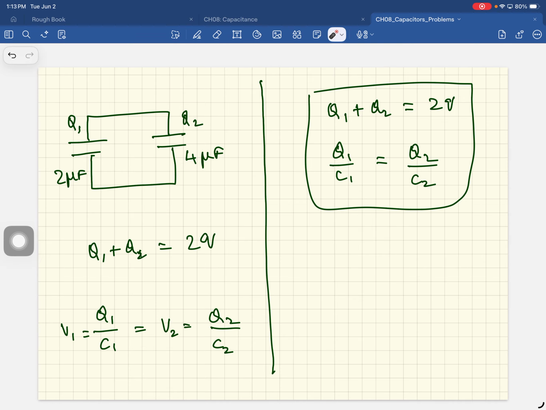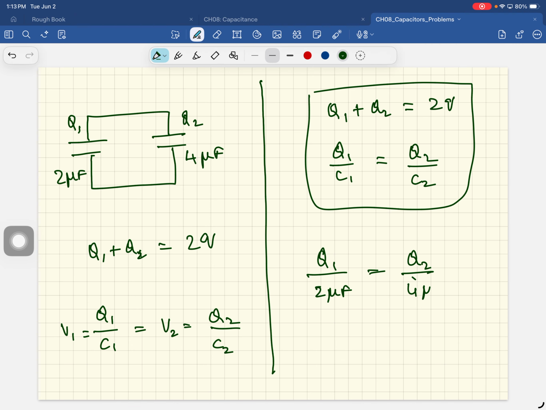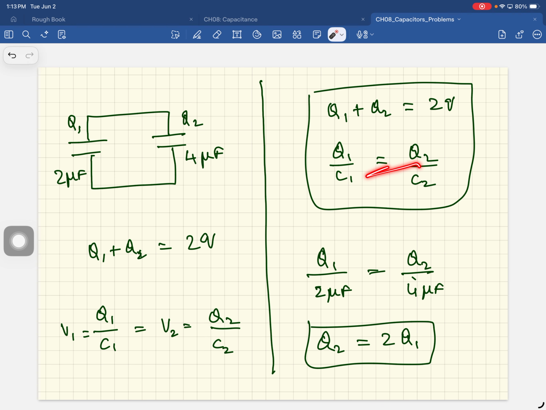Okay, so whenever you have a series connection, you reduce it to a single capacitor, and C is equal to C1 C2 divided by C1 plus C2. 7.4 into 2 divided by